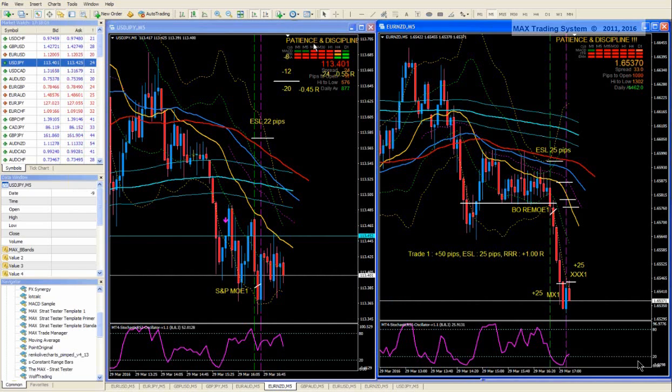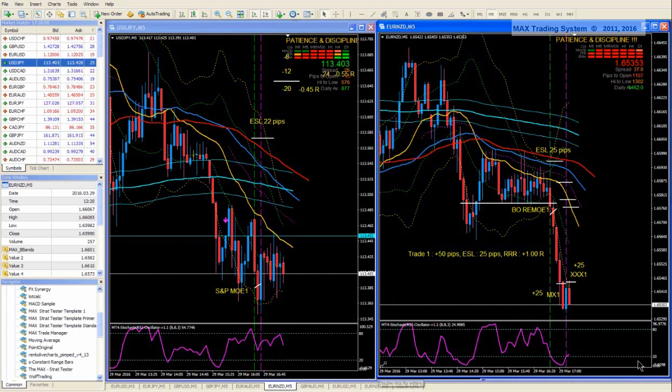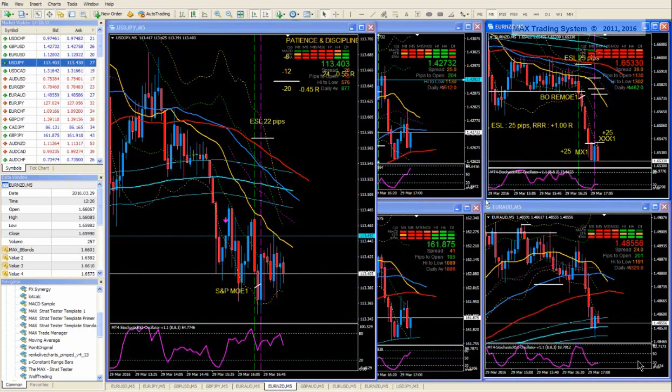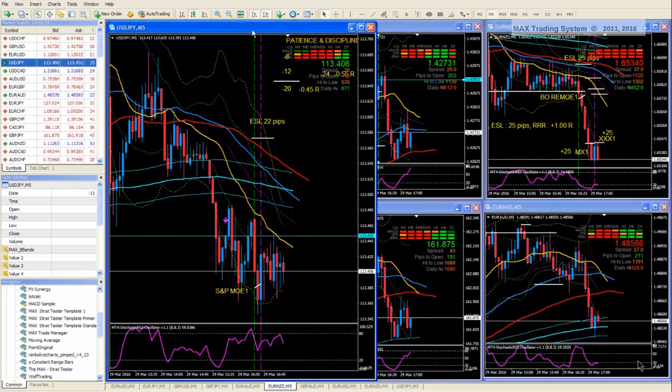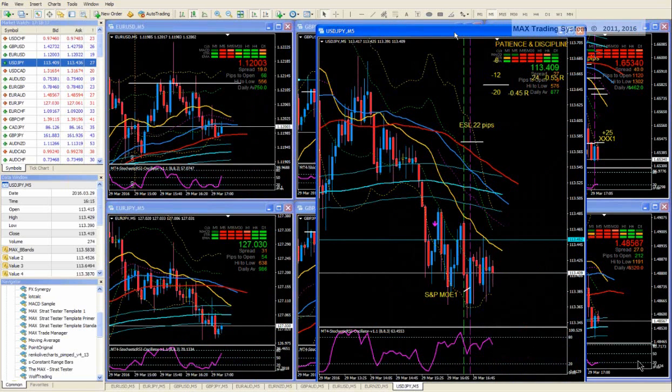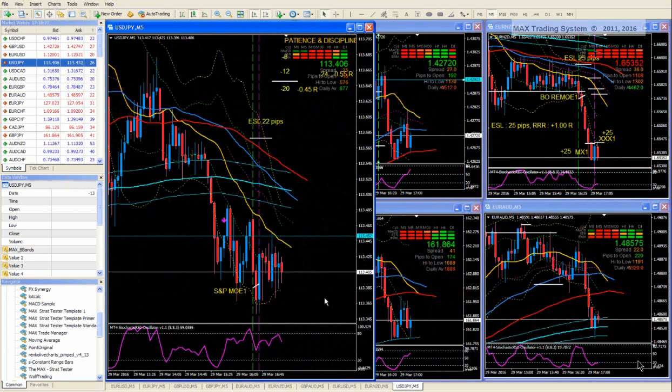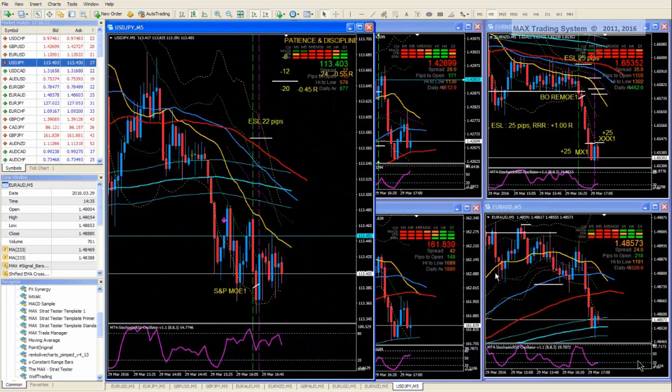In the meantime, while we are waiting for that setup, we can, of course, check other charts, because we may possibly have opportunities on other pairs. So I don't see anything special for the moment on the other pairs, so we still have to handle here the USD/JPY pair and trade.